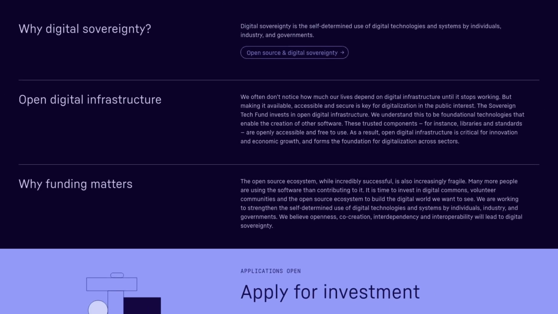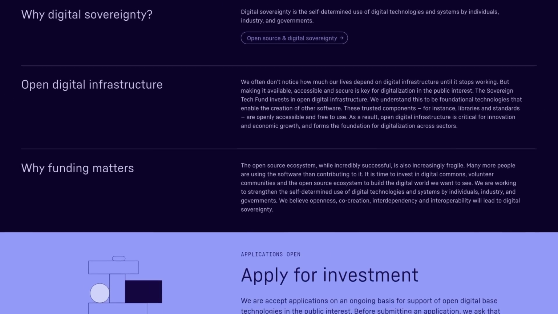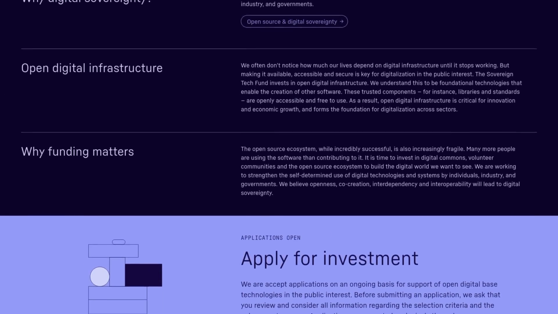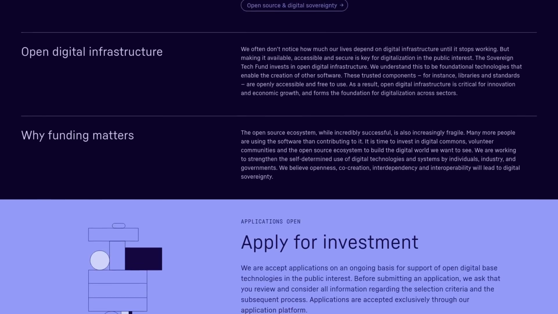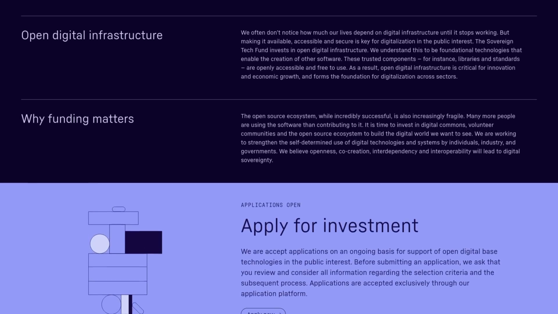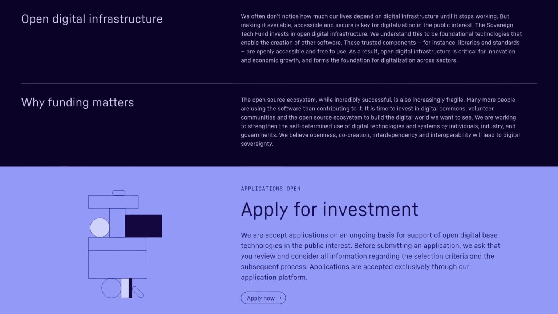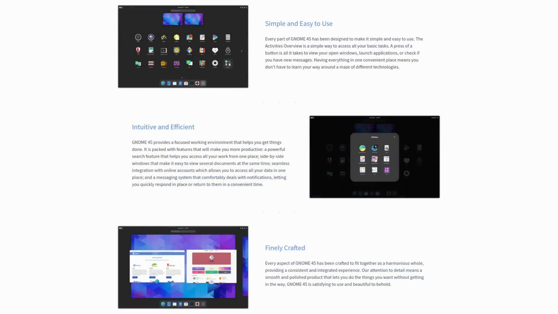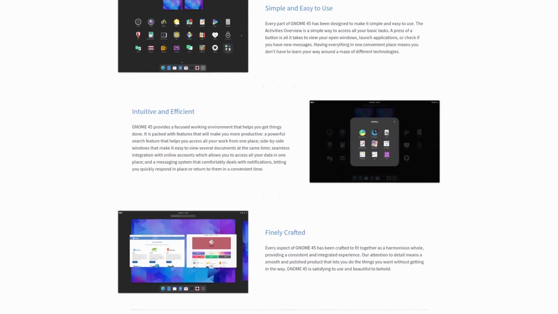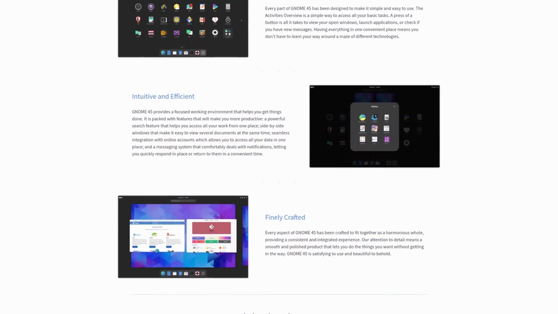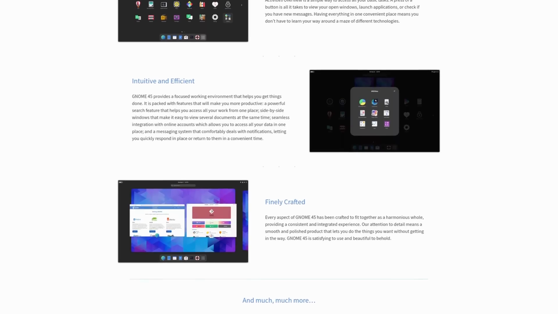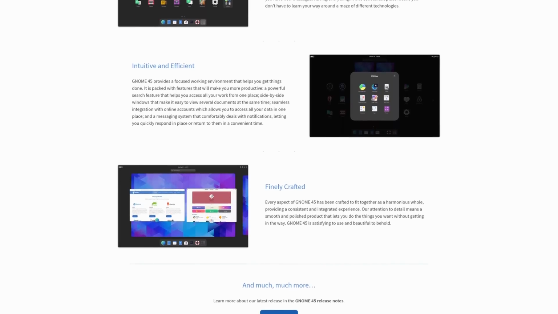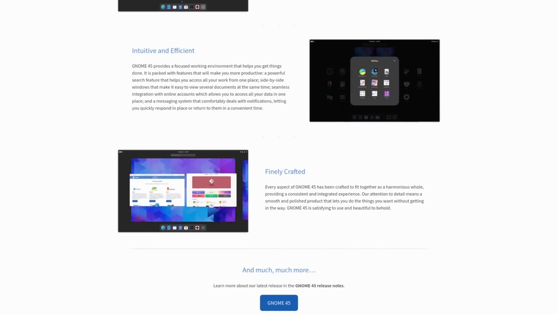So this is really interesting. The GNOME team getting this is very cool because the Sovereign Tech Fund doing this is just awesome, because €1 million goes a long way, and I can't wait to see what GNOME is able to do with it. So very, very cool. And I'm looking forward to seeing what comes out of this donation, because you can spend a lot of money on developers with that amount to accomplish many goals. And I can't wait to see what happens. If you'd like to learn more about this news, you'll find links in the show notes.